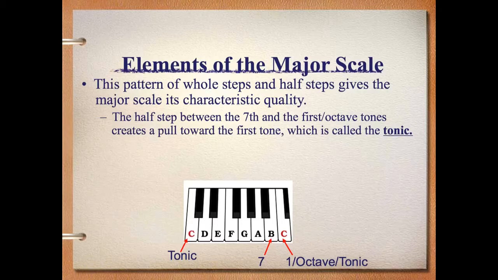Now, the most important aspect of the major scale is the relationship between G and C, or the 5th note of the scale and the top note, and the leading tone, the 2nd note from the top, or the 7th scale degree, to the tonic. Those 2 notes will give us that gravitational pull towards tonic, which we call, in this case, C. Because we are in the key of C major, C is tonic.